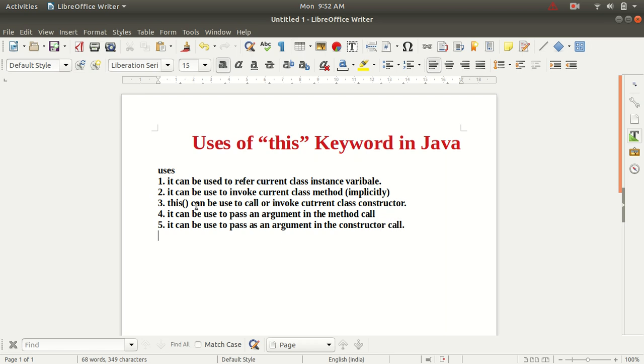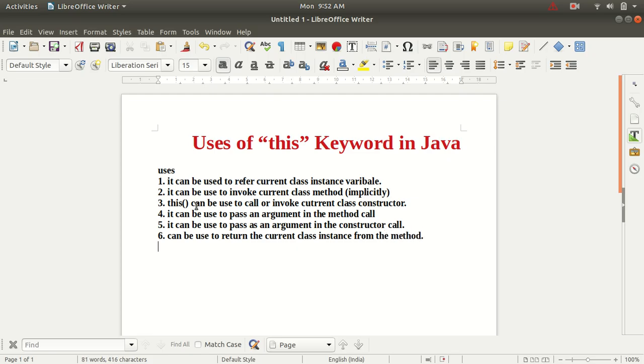And the sixth use of the this keyword is that it can be used to return the current class instance from the method.